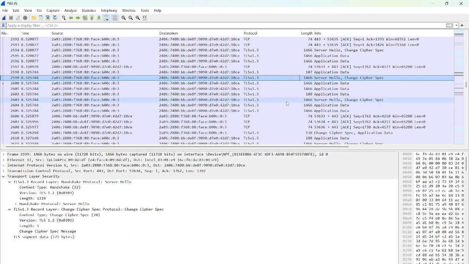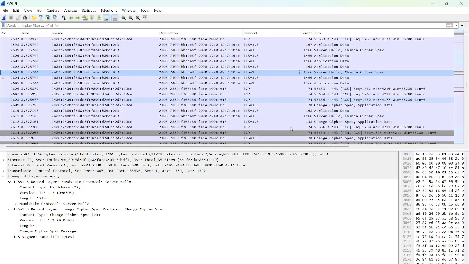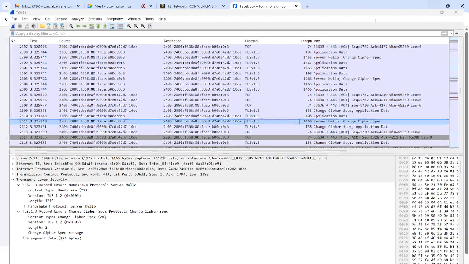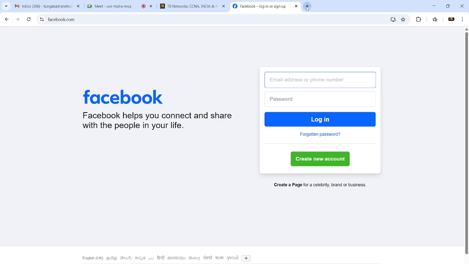Server hello, server hello. Actually, along with the server hello we need to have a certificate and public key, but I am not seeing any certificate in the server hello. Not sure why that is, but let me check.